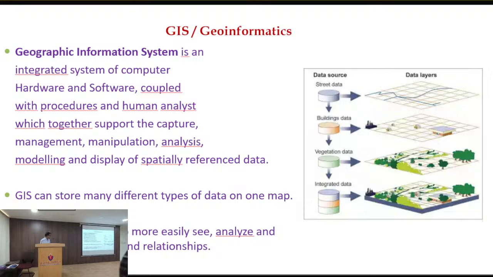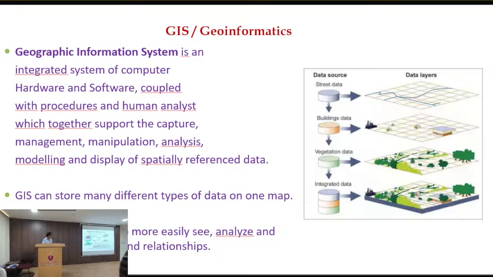So similarly, GIS also has all these important data sources, and then the integration, and then the analysis, and finally a product required by the user. So GIS can store many different types of data. Somebody can store satellite imagery, GIS can store a DBMS or a database structure, and it can store a spreadsheet. So the ability of GIS is that it can accommodate all these data sets and integrate them into the GIS field.